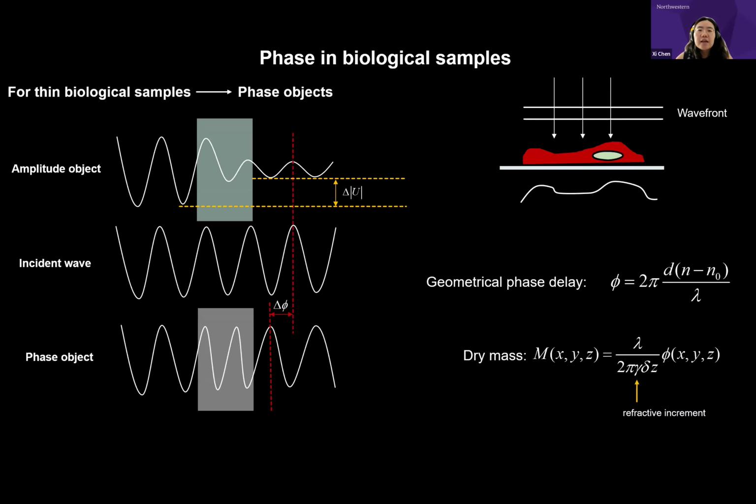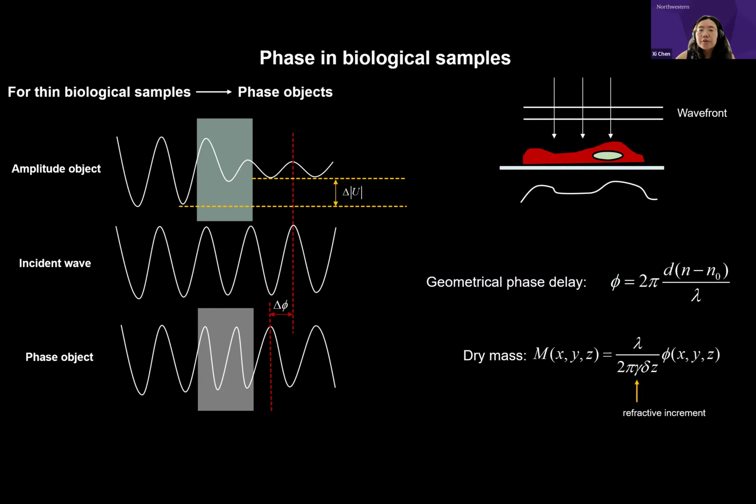In this slide, I want to introduce what I mean by phase. What is quantitative phase imaging? What is this phase that we're measuring? Most thin biological samples, we can consider them as an amplitude object, meaning you have an incident wave, incident light, and when it enters or is scattered by the sample, the sample changes the amplitude of this light electric field.